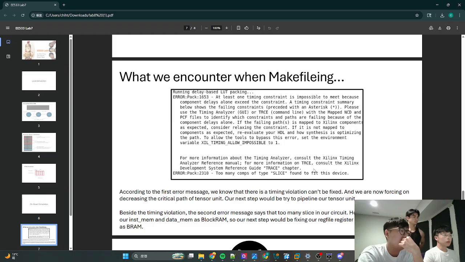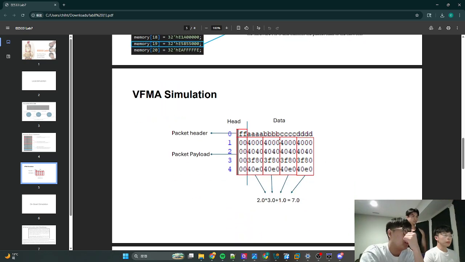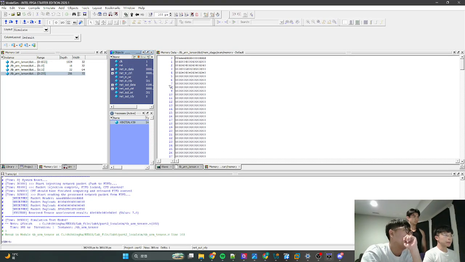So now we just pipelined the tensor unit, making the whole system six or seven stages, and it is the correct simulation result,